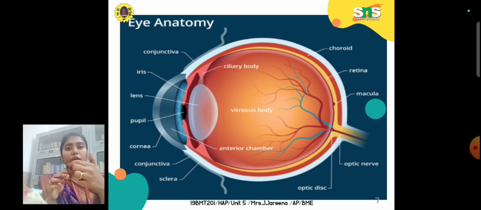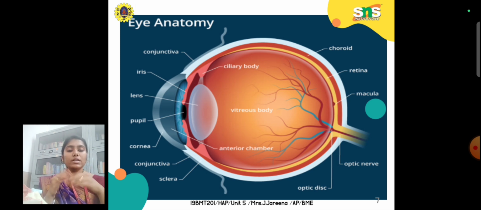And then in front it continues with the ciliary bodies, and then you have the iris and then the pupil. The ciliary bodies, iris, and pupil all work together to control the amount of light getting inside, based on the atmosphere we are in. When we are in a dark location, our pupil gets enlarged with the support of the iris and ciliary bodies. When we are in a bright location, the pupil narrows down with the support of the iris and ciliary bodies. That is the main function of these three parts.